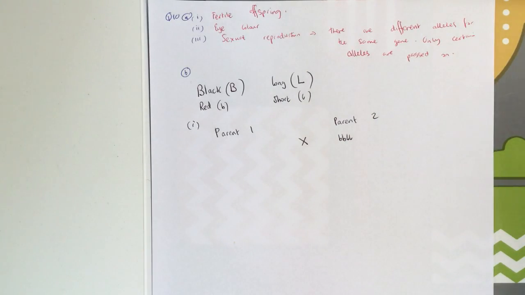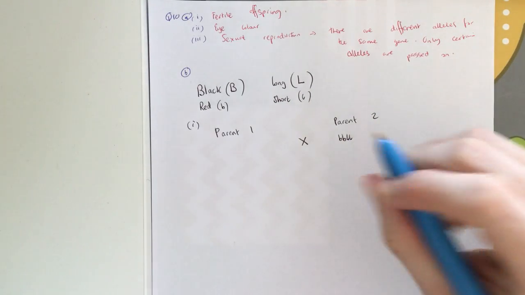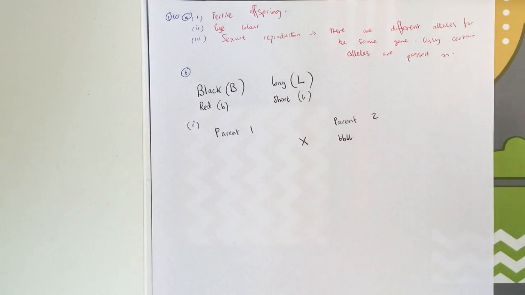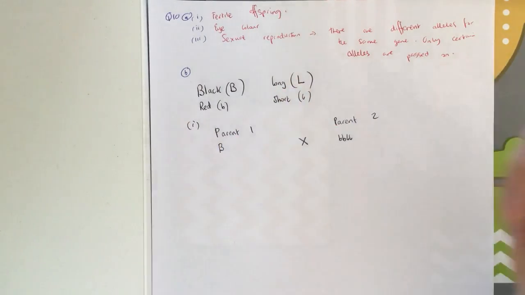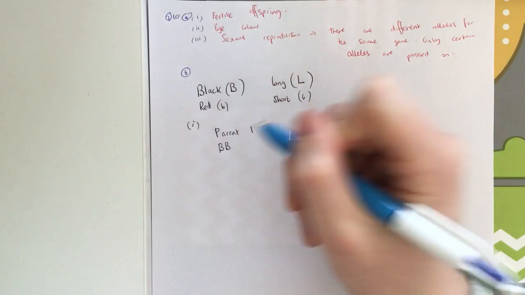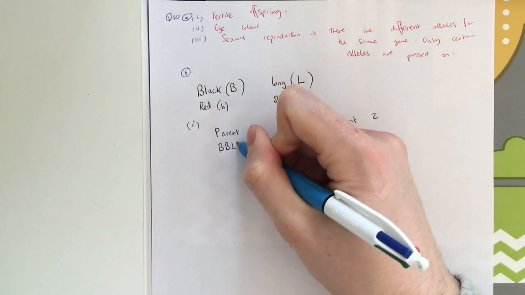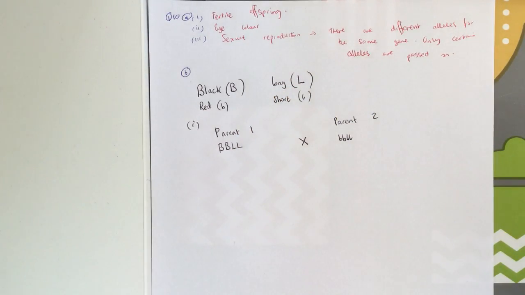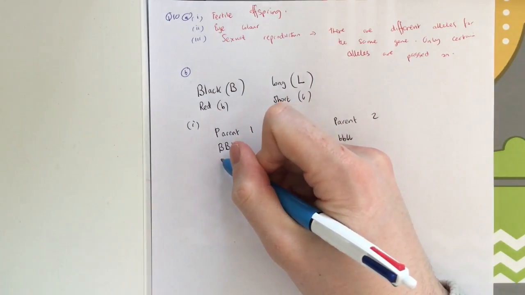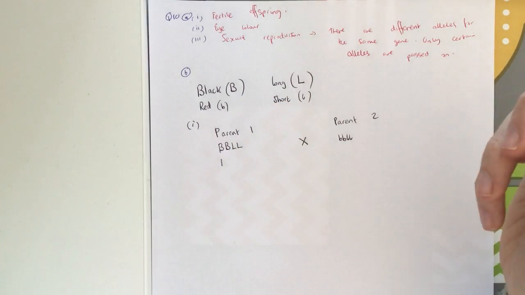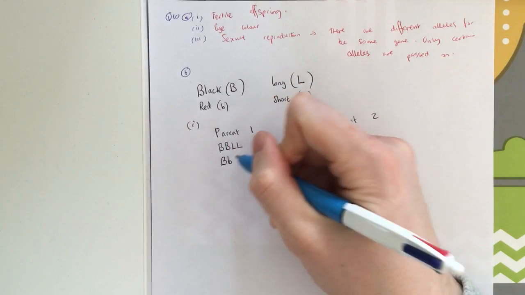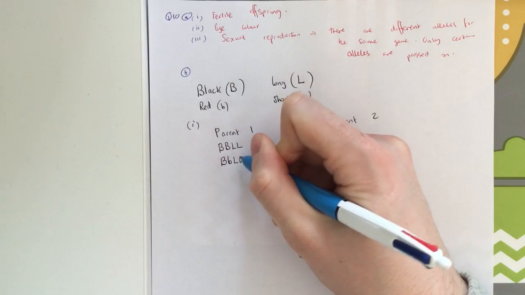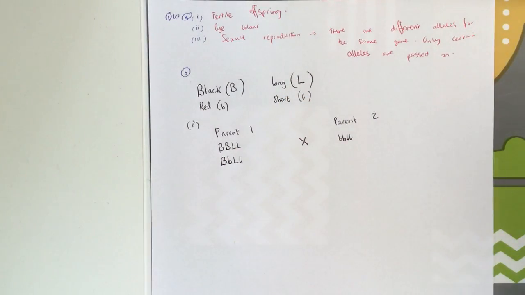Parent 1, however, could be a few different options if we just ignore the paragraph a second. Well, if you think about it, you could have a black-eyed parent who has both dominant alleles, and you could have both long alleles. You could have a parent as well which has big B, small b, big L, small l, because both of these are heterozygous.